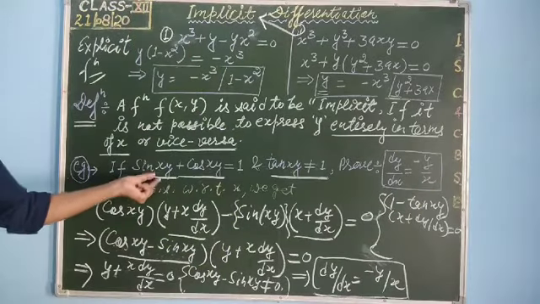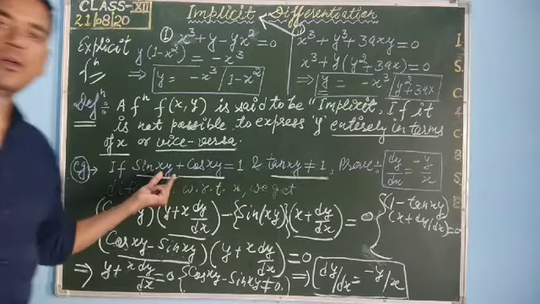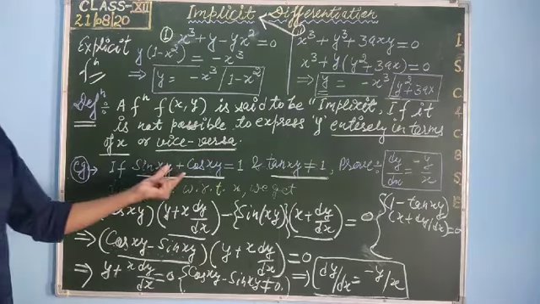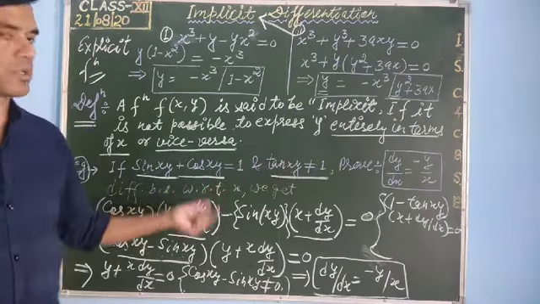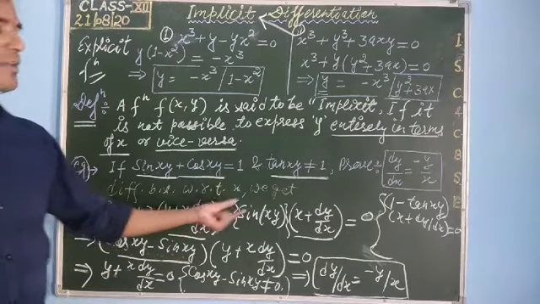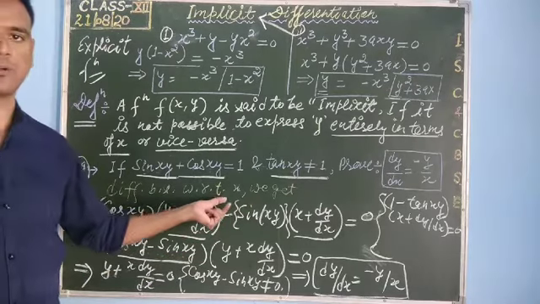So students, you have seen here how to differentiate an implicit function under a given condition. We will do more questions. First, make a fair note of this. Please note down this question.